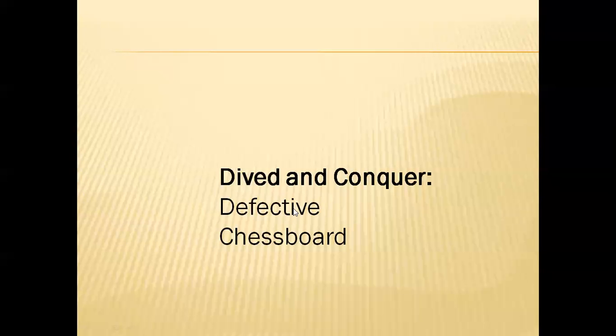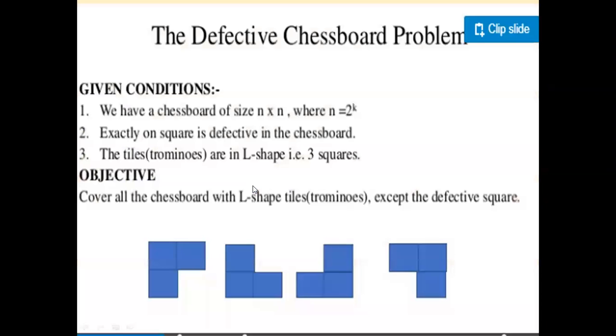Today we are discussing the defective chessboard. In the defective chessboard problem, you have a chessboard of size n by n. It could be a 1 by 1 chessboard, 2 by 2, 4 by 4, and next is 16 by 16 or 64 by 64 chessboard, where n is